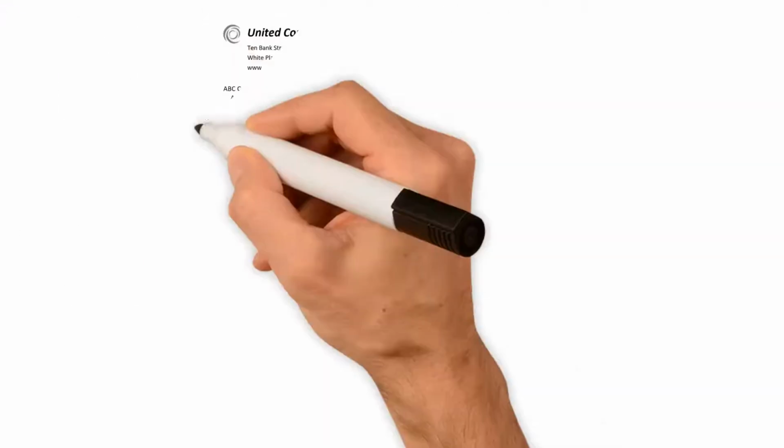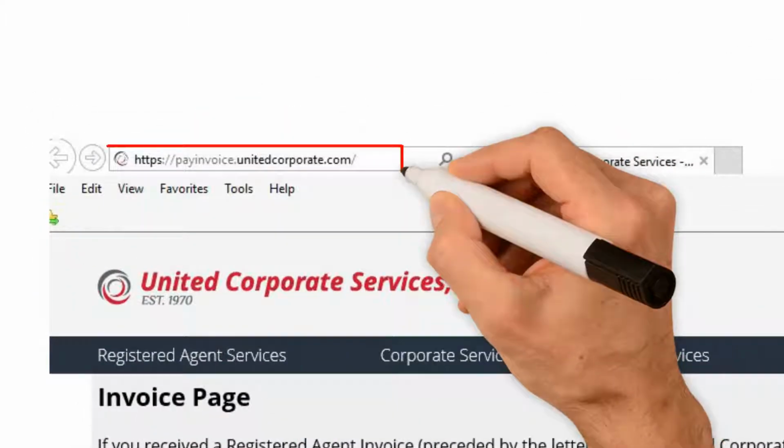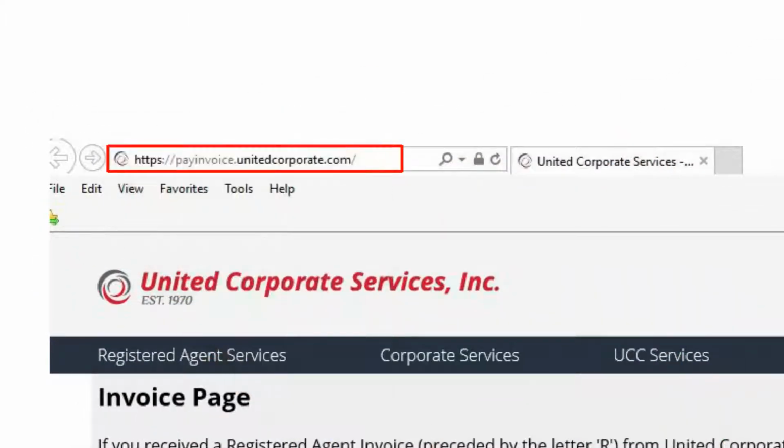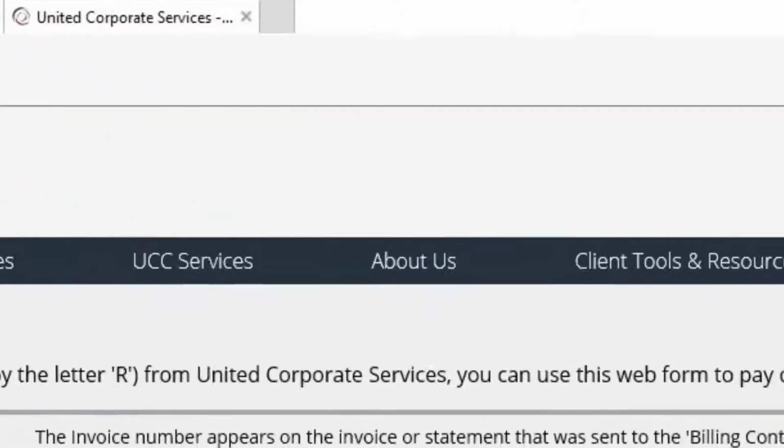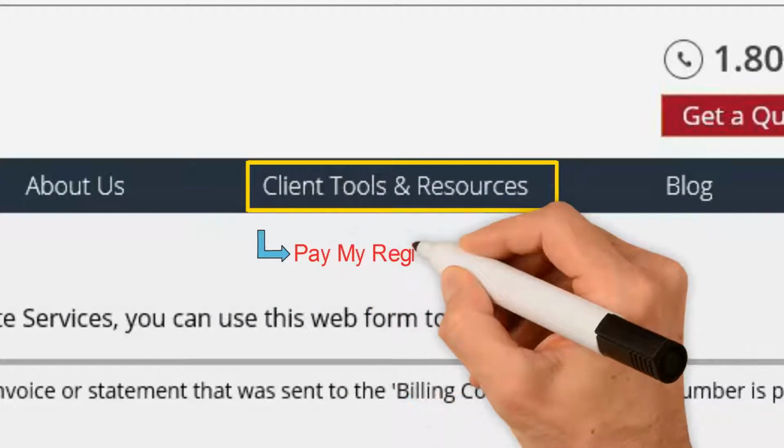Hello. Now that you have your R-Invoice in front of you, let's set up the payment. Type in payinvoice.unitedcorporate.com to access the payment page. You may also visit our website and look under the Client Tools and Resources and click Pay My Registered Agent